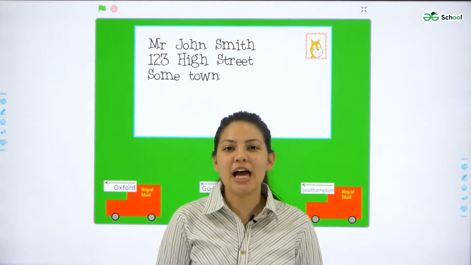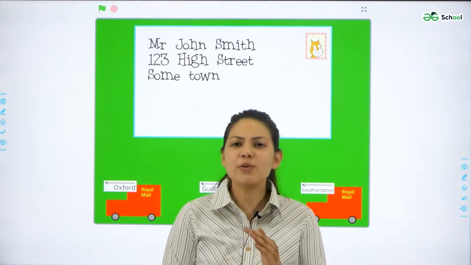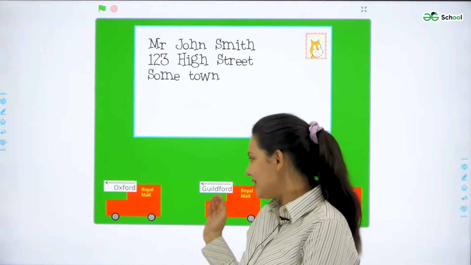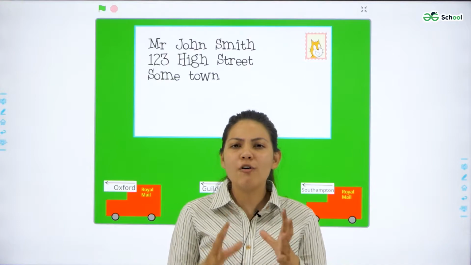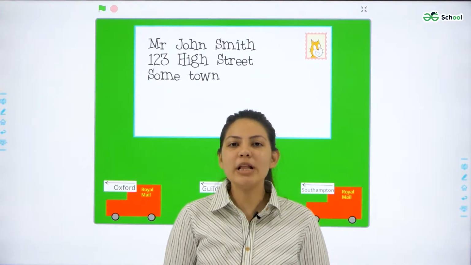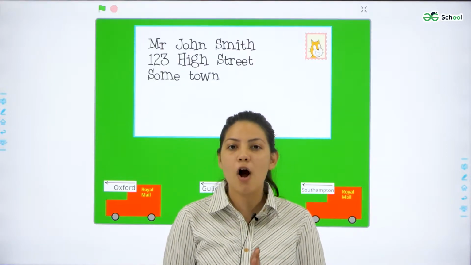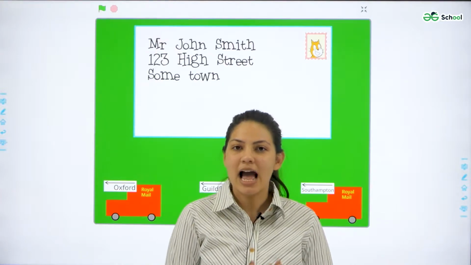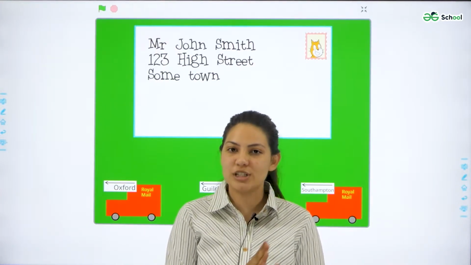Everyone, this is Disha here and today we are going to make a main postal sorting office. It will sort the letters such that they could be put into the vans and these vans could go to the right postal offices. For this project, you will need to train your computer to recognize the handwriting of the postcodes so that we could sort the letters and these letters could reach the right postal offices.